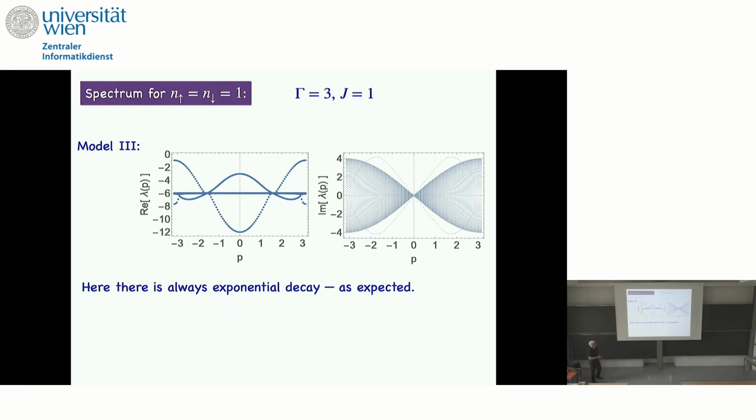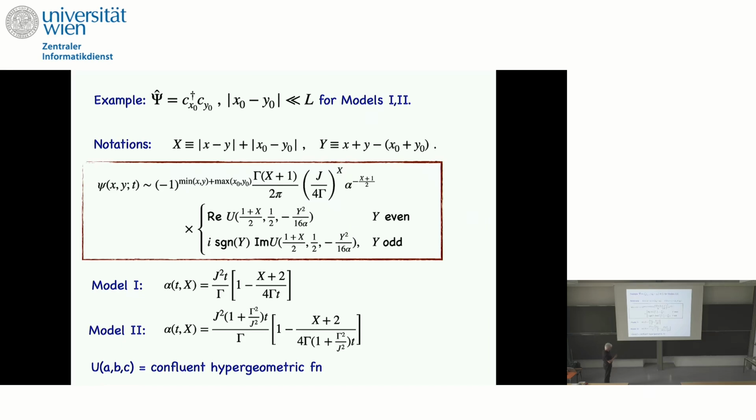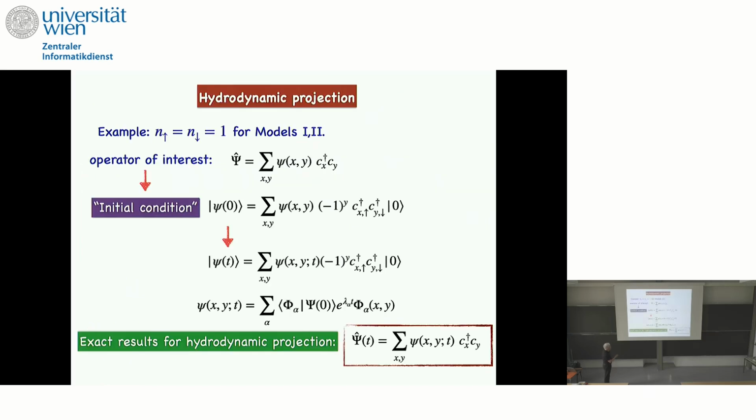Good. Now let's do the hydroprojection. How does that work? We start with an operator of interest. Let's start with operators of this kind, because the most interesting operators would be density operators, if I'm interested in density-density correlation functions, or like C dagger x, C x plus 1, these kinds. And they're all covered here. So this is the operator I discussed, because it lives in this sector.